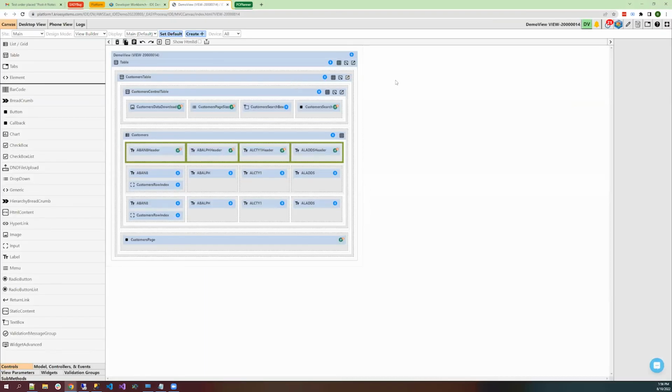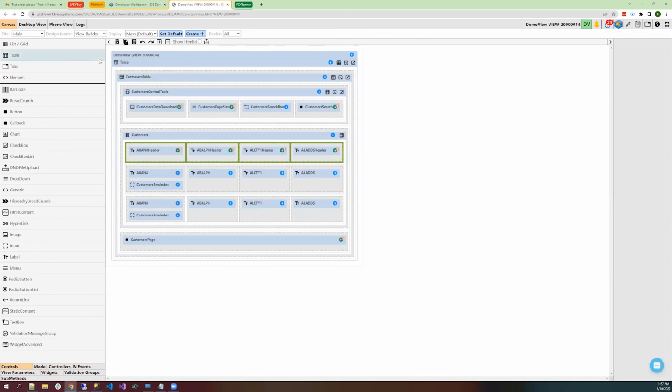MVC is Model View Controller. It's an approach dealing with creating great user interfaces and user experience. Yeah, exactly. So you can see this view right here is the view part of Model View Controller, and then we also have the model, which is where the data comes from to display on the UI, and then we have some controllers, which are like the buttons, like the paging and whatnot.